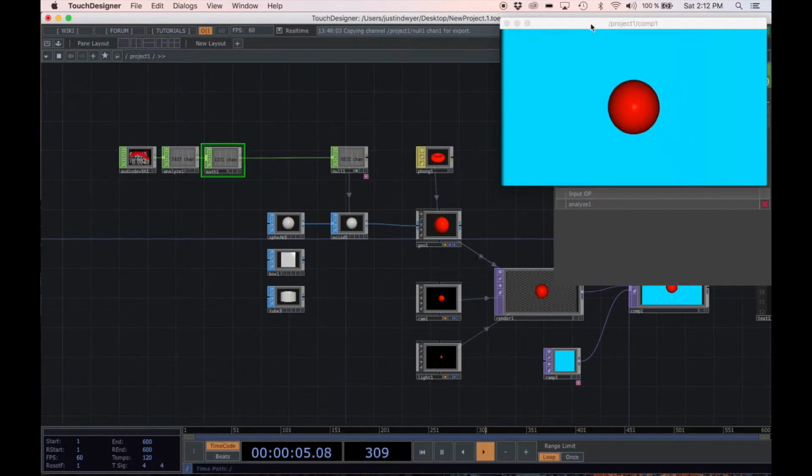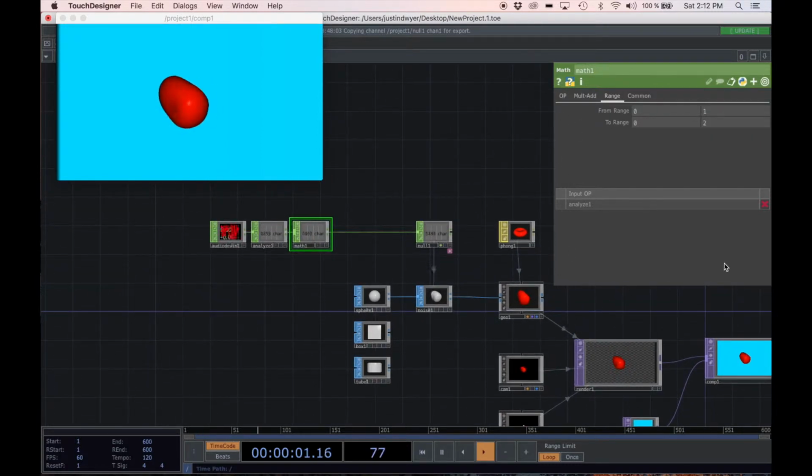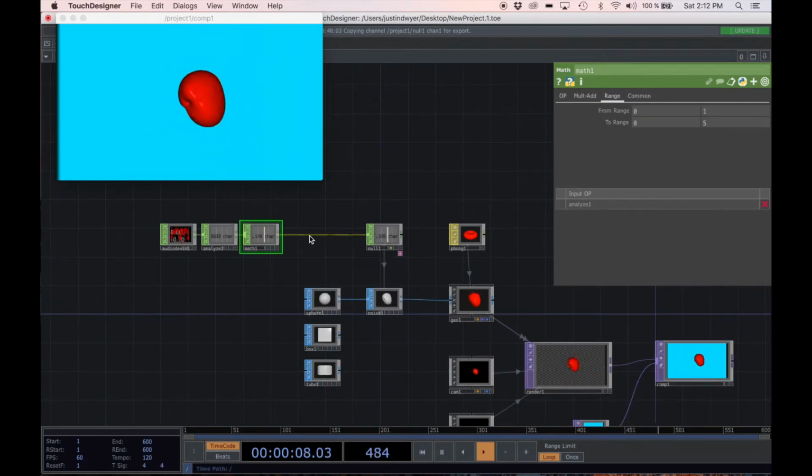Here in our maths, actually I'll move it over here a bit, which means that we can keep the parameters here. Here in our maths, I've changed it. I went to multi-add and we had 7.38 in the last video, somewhere around there. I went to range and I changed from 0 to 1 to 0 to 2, and that's made it a little bit bigger. I could make it 5 and that should make it jump even more. So that's cool. We've got a bit more action there,